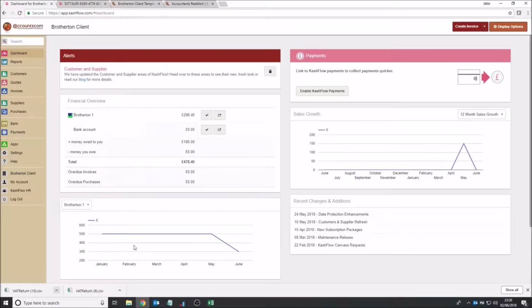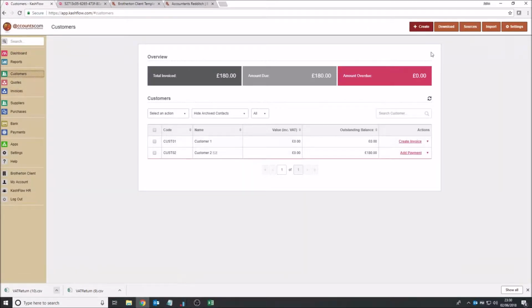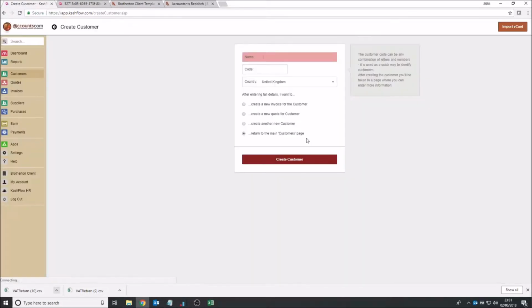Okay, so just to give you some quick basics again, we've raised invoices, so we can go in, we can go to customers, we can raise. I'm not going to go into too much detail here, it's just to give people a quick overview of where everything is and how quick it is to do things. So we've created 2 customers in previous videos, the one we've raised an invoice for, and then they just sit in the list. So if we wanted to create another customer, we could